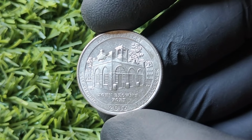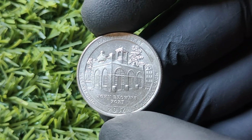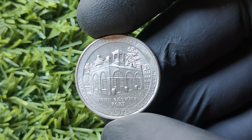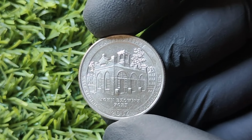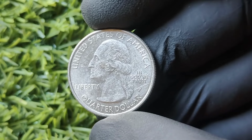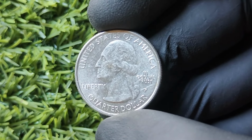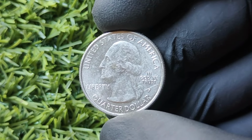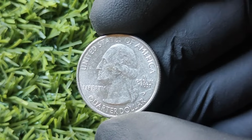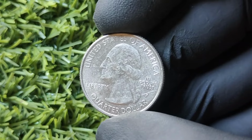I know it sounds crazier than pineapple on pizza, but trust me, you're gonna want to stick around for this one. Now, before you go raiding your piggy bank or flipping through your coin jar like a caffeinated raccoon, let's break it down, the facts, the funnies, and the full scoop on this unbelievable coin. By the end of this video, you'll not only know why this coin is so valuable, but how you can identify one yourself and maybe, just maybe, join the ranks of the millionaire coin collectors. So grab a snack, kick back, and let's dive into the wild world of the 2016 P Mint Mark State